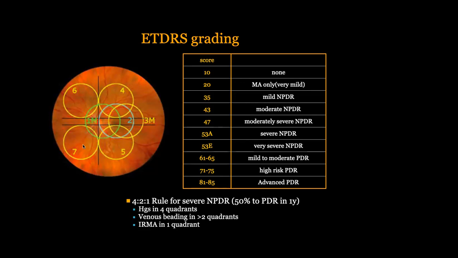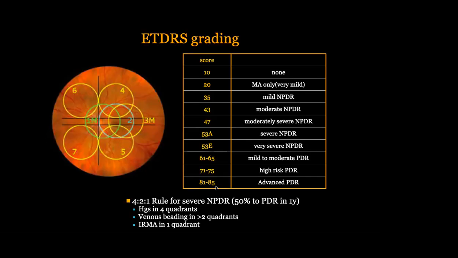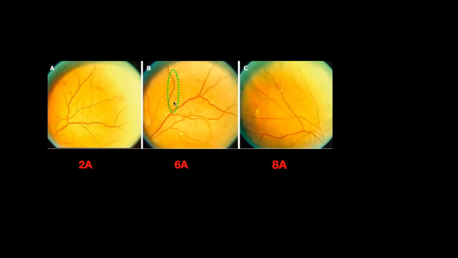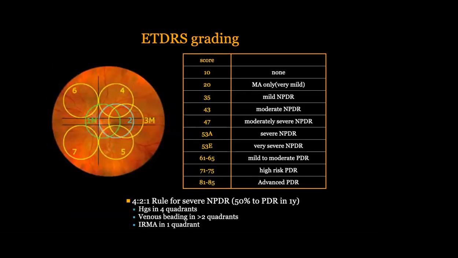But from the ETDRS, this 4:2:1 rule of severe NPDR was found, because if there is severe NPDR, 50% of them will develop into PDR in 1 year. So these patients should be carefully followed up. It says that 4 means if there are hemorrhages in 4 quadrants, more than what you can see here, or if you have venous beading in 2 quadrants, or if you have IRMAs in 1 quadrant, then you can call it severe NPDR. Okay, so